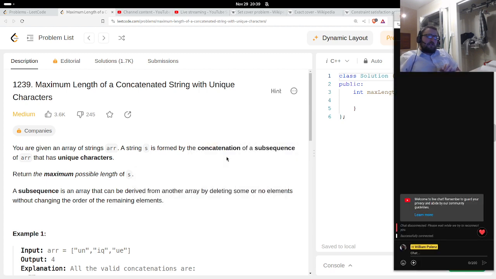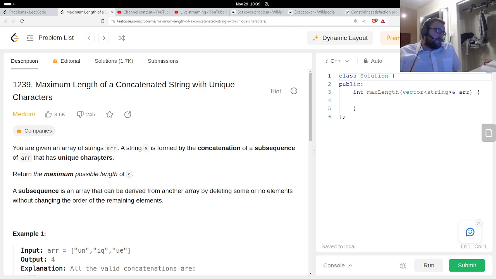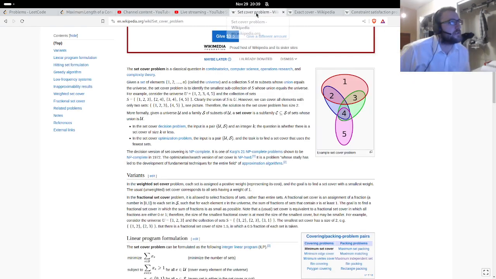It's either NP complete itself or it's just very similar. I suspect that it is NP complete. Optimization search version.